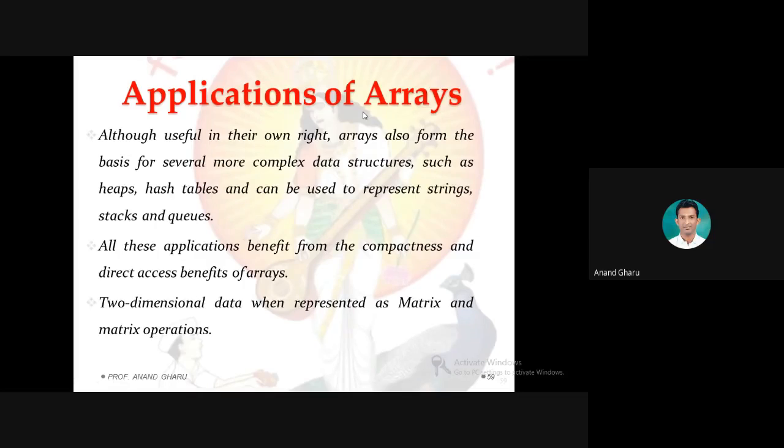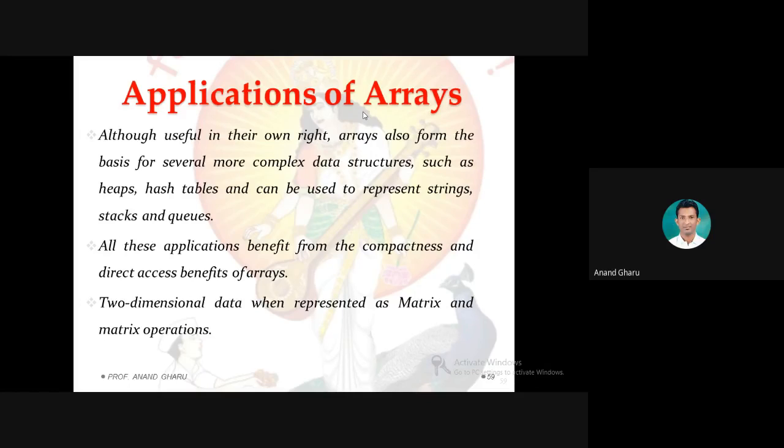Now applications of array. Applications of array means where we can use the concept of array. Array, the data structure, to store and perform sequential operations, we need array. And in unit number 1, we have studied data structures,